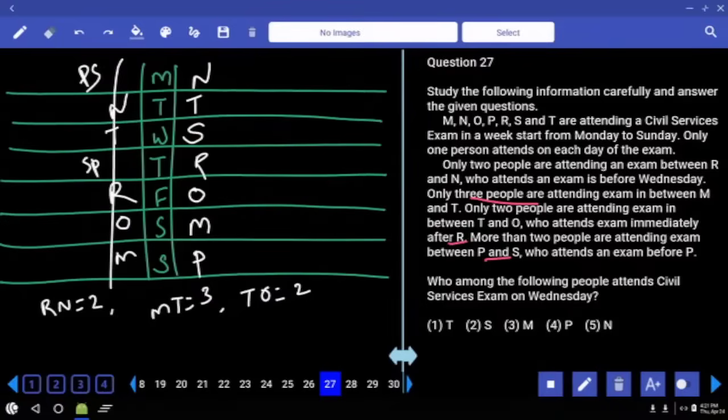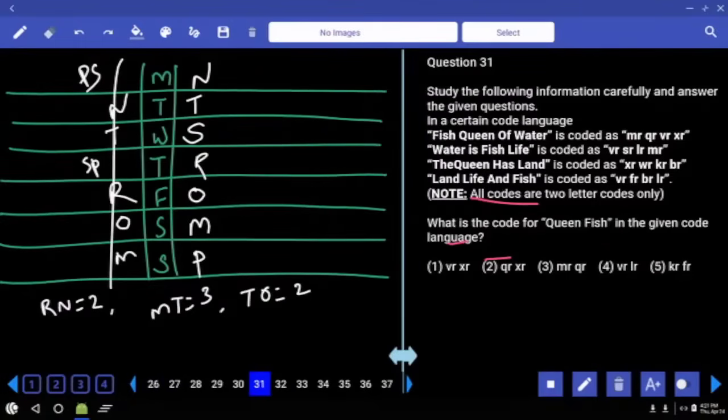Now this is for question numbers 27 to 30. Now 31 to 33, coding and decoding. First or second? Definitely first priority. Question numbers 31 to 33. Now in this, 31,